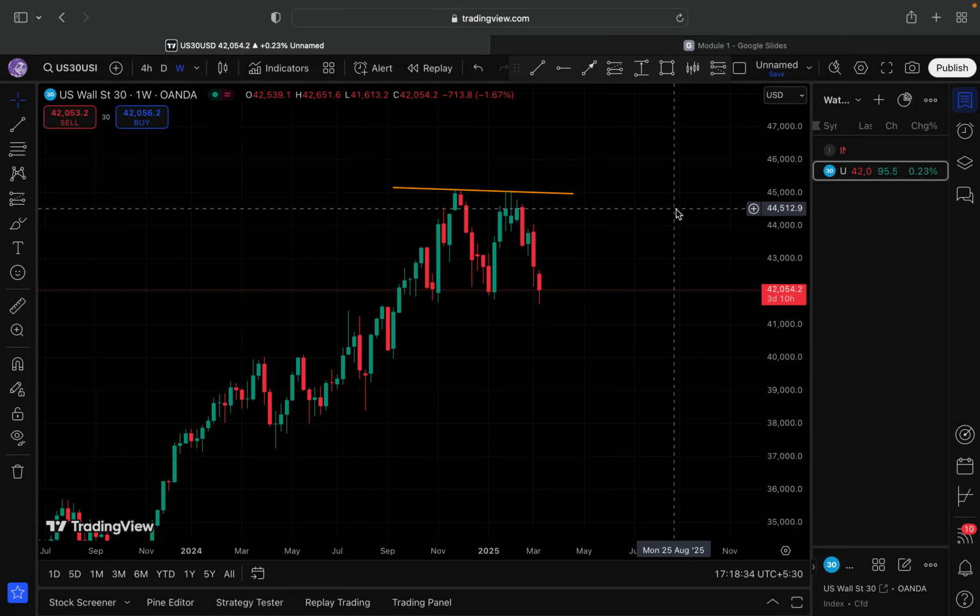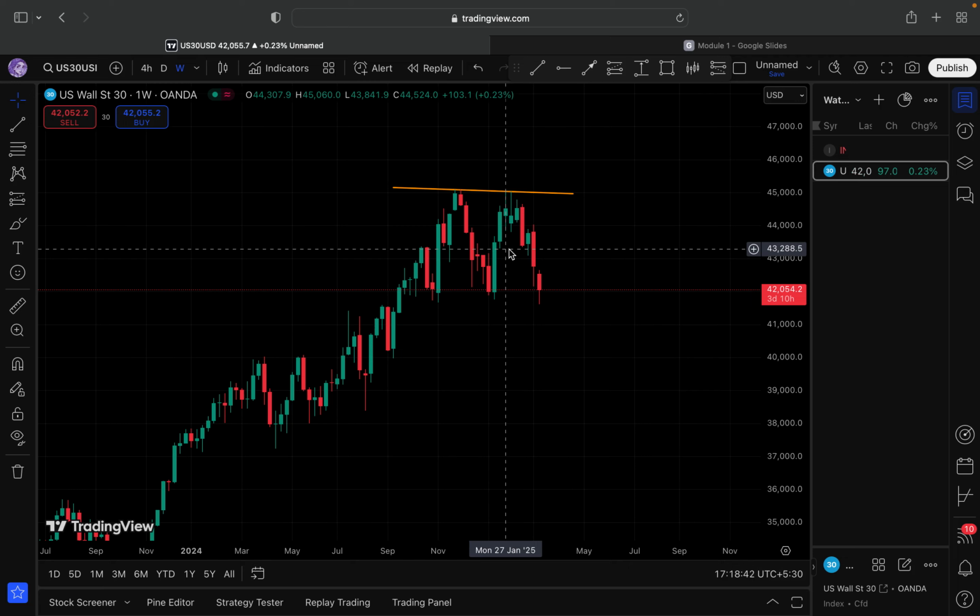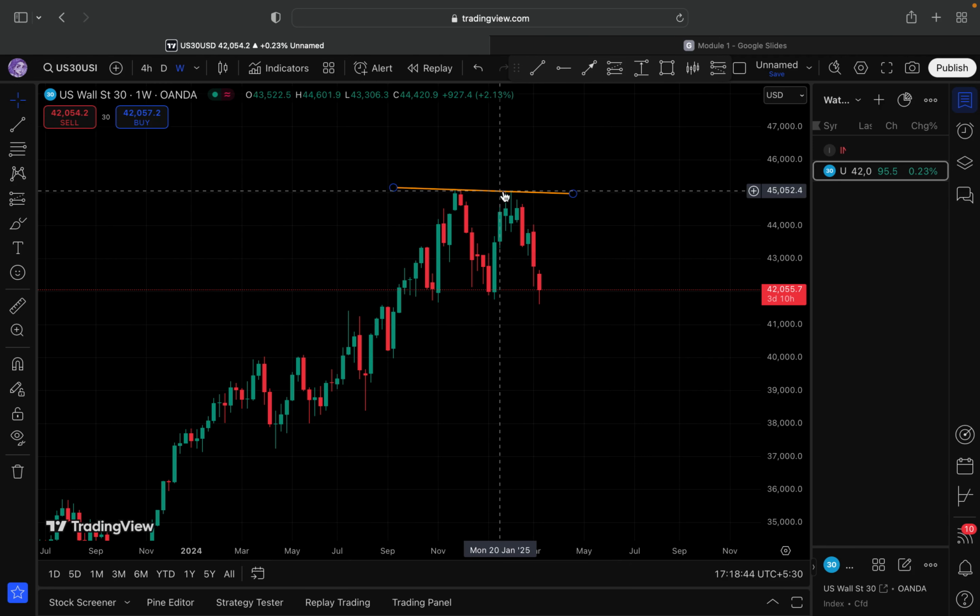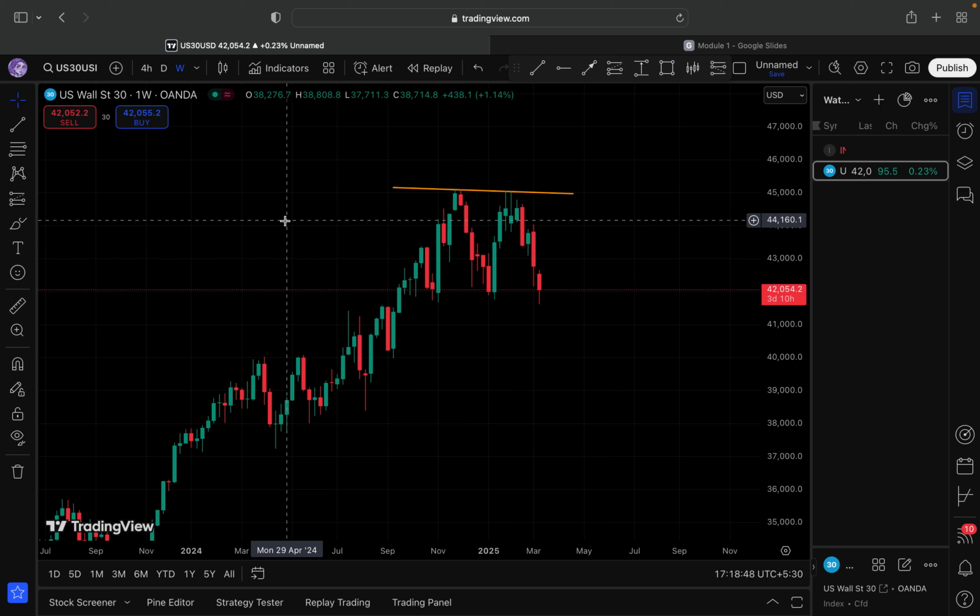Most times it's ending with zeros or 500s. It's mostly ending with zeros. That's a psychological zone. So price respected the zone. Yeah, price respected this zone. 1, 2, double top. And then if you go down to the daily,